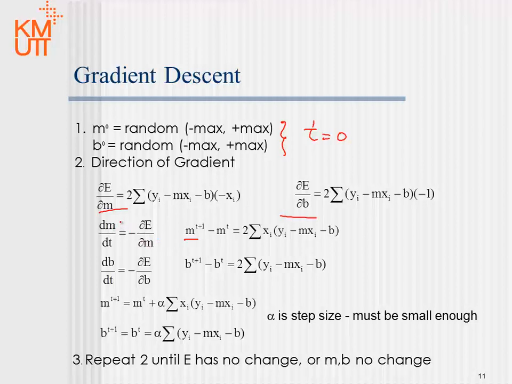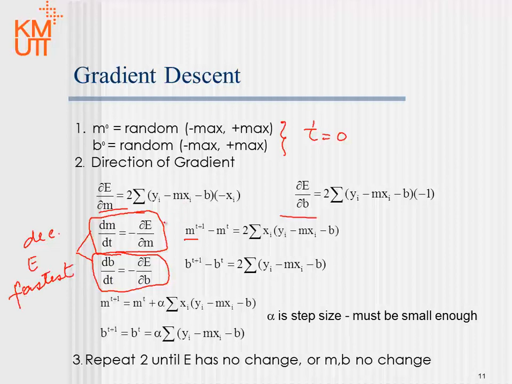This is where I derive it. If we let dm/dt equals minus dE/dm, and this is for those of you who want to understand this, and dB/dt equals negative dE/dB, this will get us in the direction that will minimize energy, okay? Decrease E fastest